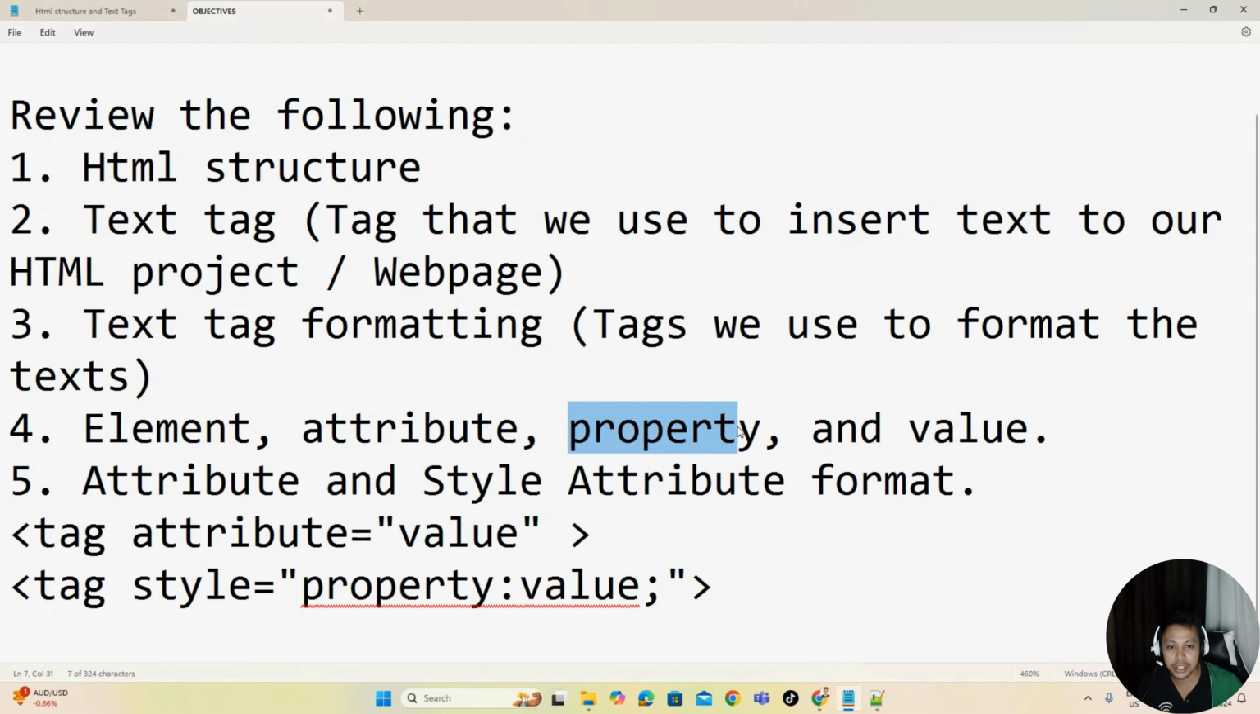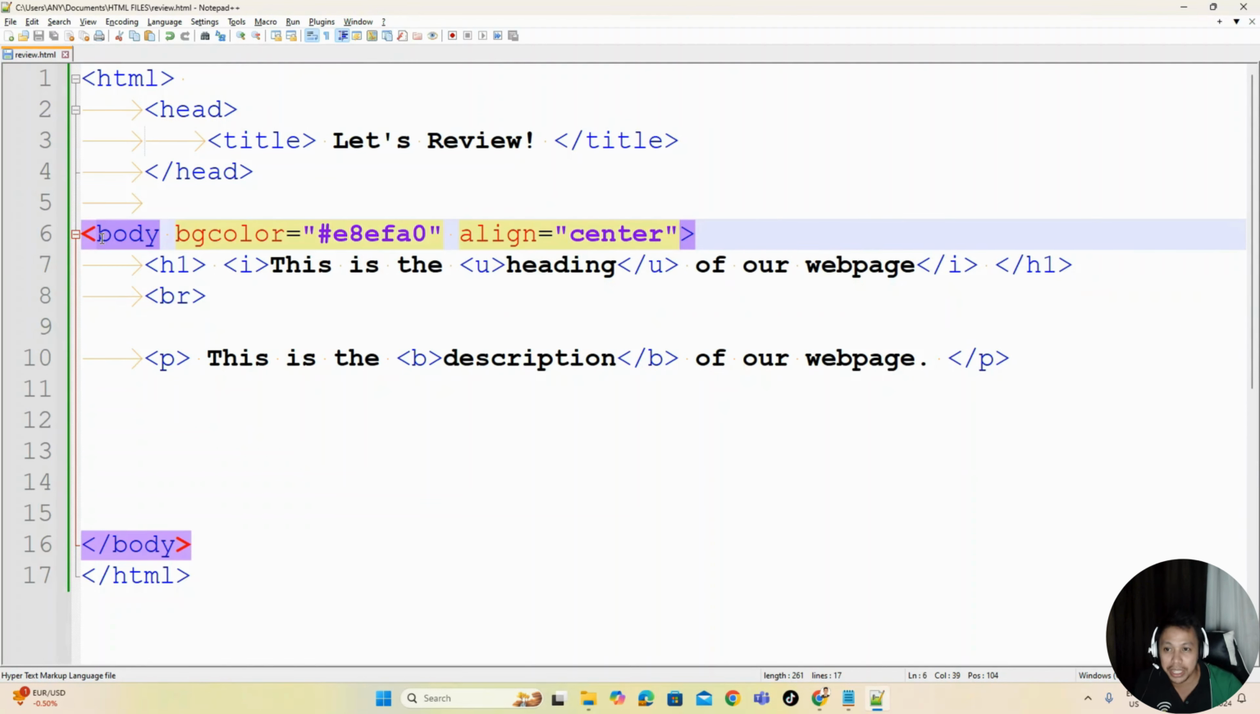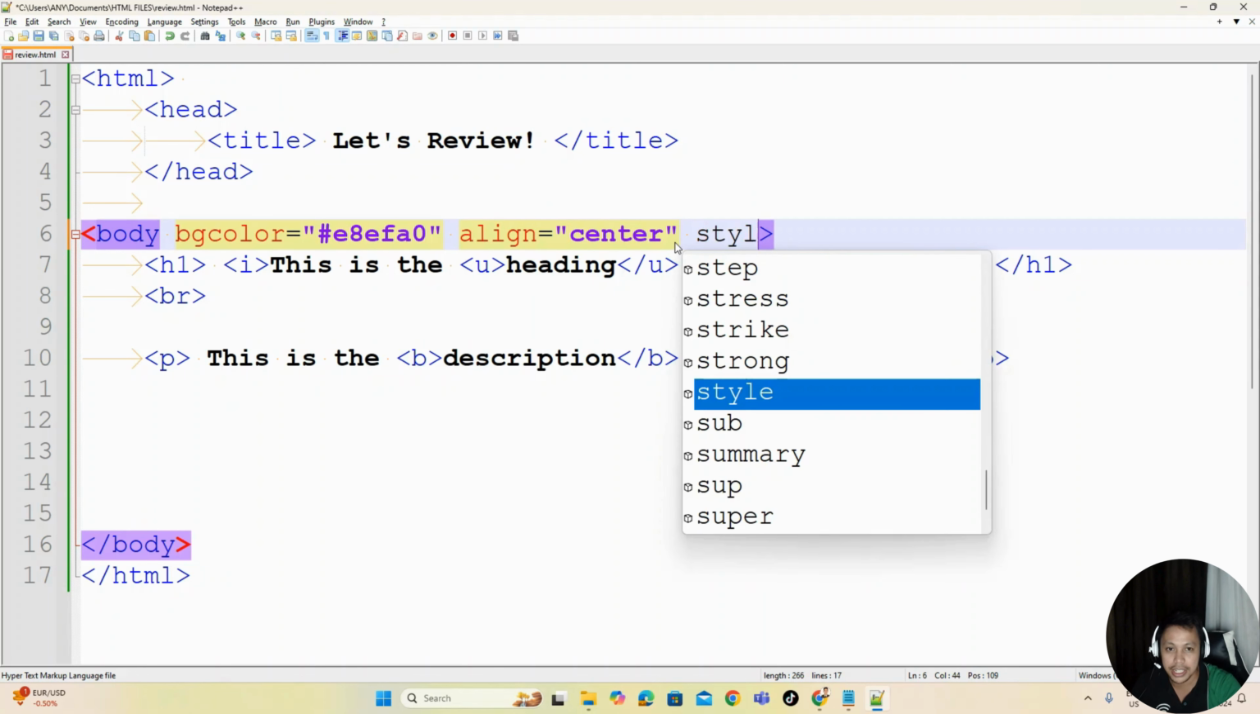So property, let's talk about property now. Property is something that we use for the style attribute. So let's use the style attribute for the body here. We will format our body element using the style attribute as well. Since style is another attribute, we will put it after the last quote of the align attribute. So we'll put space again here, style attribute,